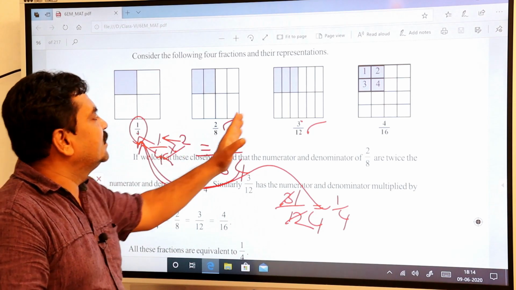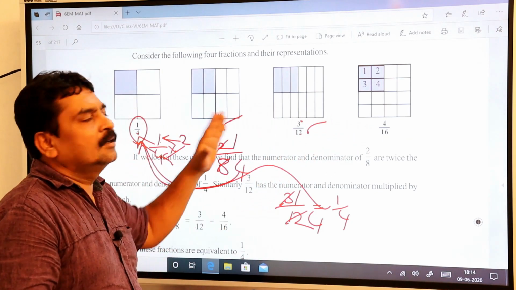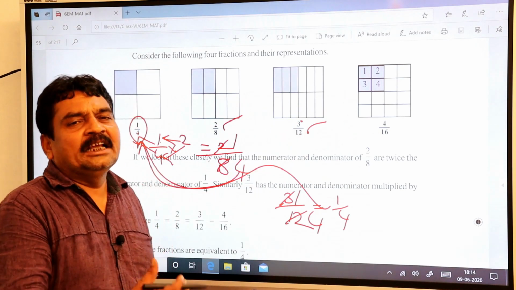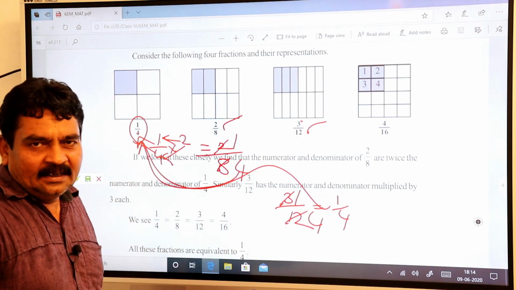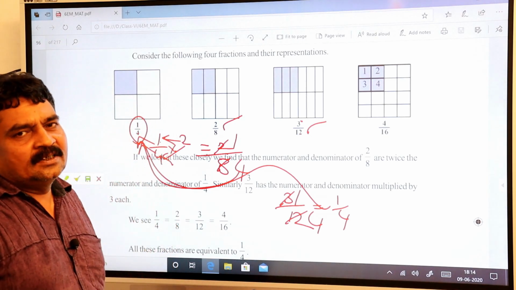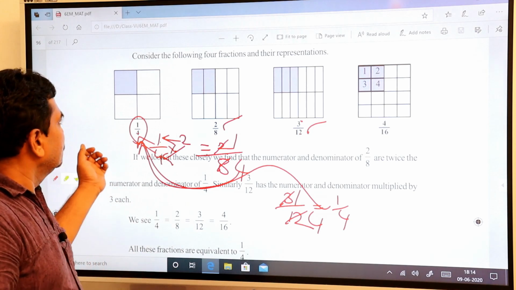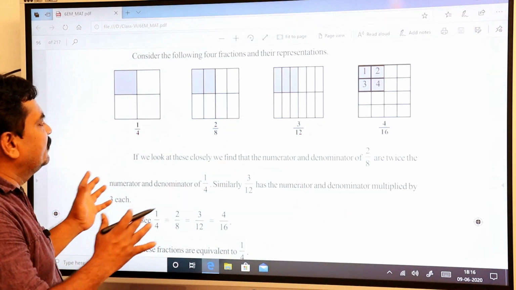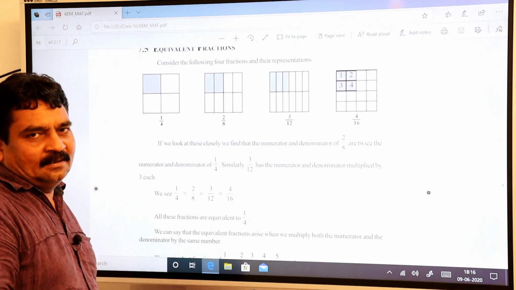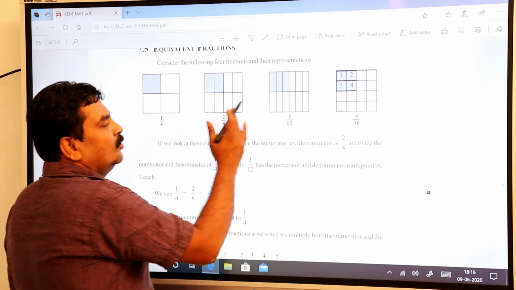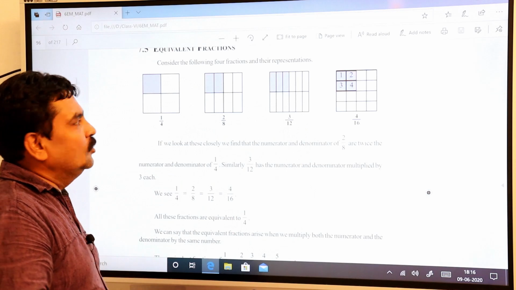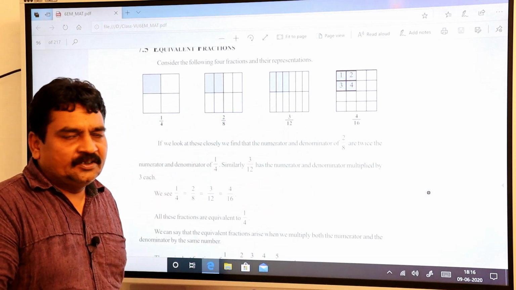So these fractions, the multiples of these fractions, you call them equivalent fractions. It means when you start cancelling, you get back again to the least fraction value. That is why you call it an equivalent fraction. So 1 by 4 is always equal to 2 by 8 and it is always equal to 3 by 12. Because whenever you cancel, again you get back to the same. That's why you call them equivalent fractions.